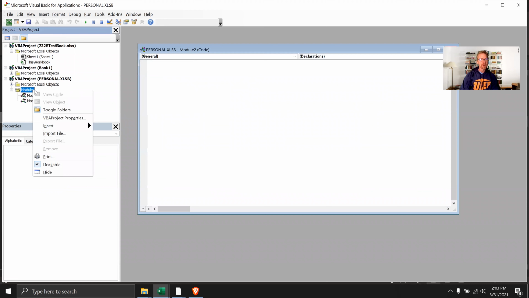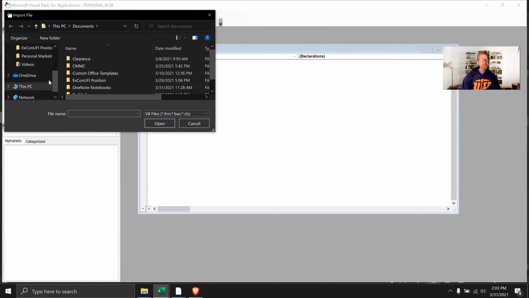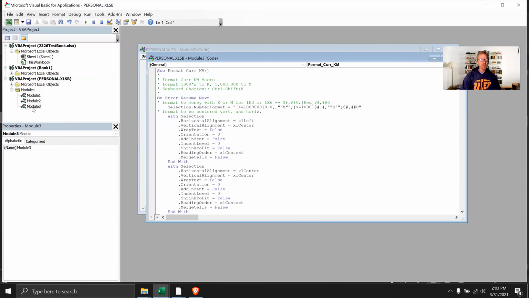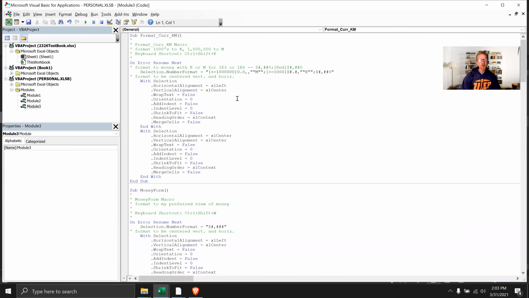Actually, that's not what I'm going to do. I'm going to import a file. And so I've written these and I'll make them available to you, right? So that you can use them if you want. So here's a bunch of macros. And one of them is I call format cur